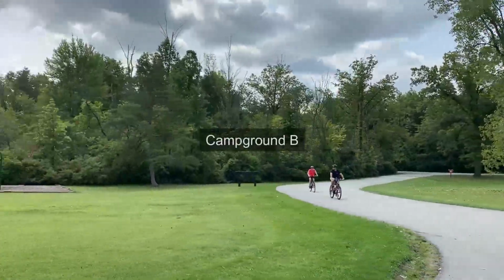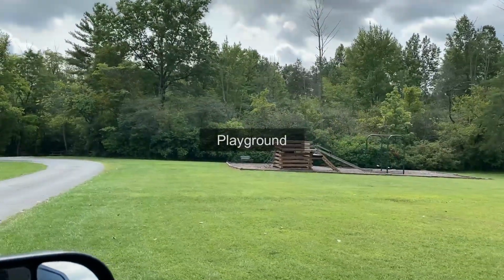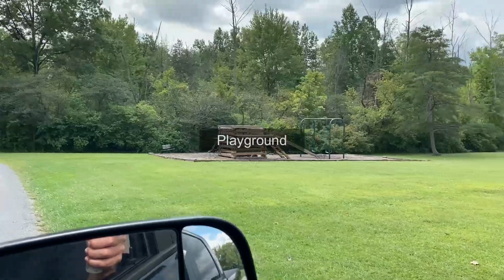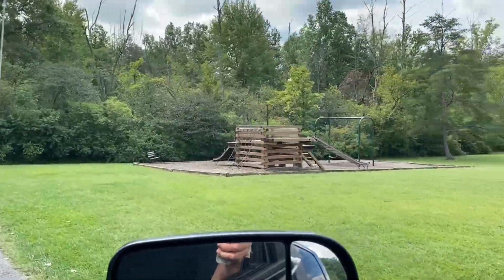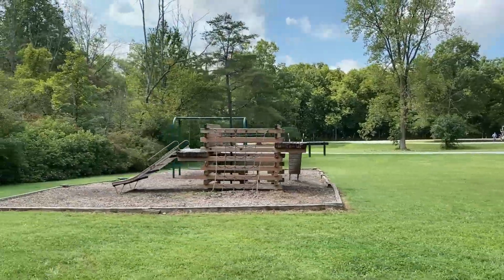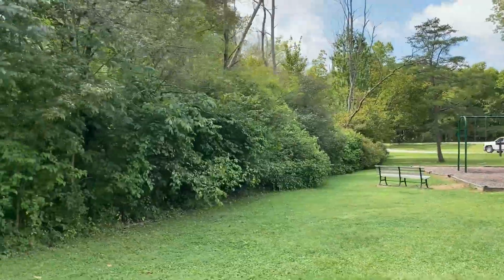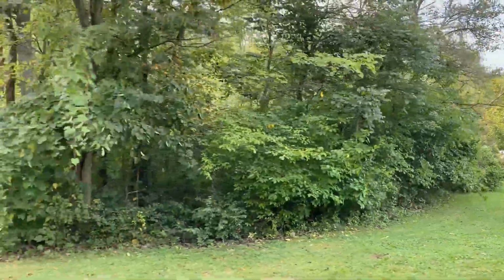Now we're going into Campground B. There's the same playground that we saw when we first entered the park. As we swing around here, you'll see the drive coming in. That's the drive where you come in behind there in the background. We're going to do these the best we can. There were some one-way streets in this one, so bear with us, but we think we did a pretty good